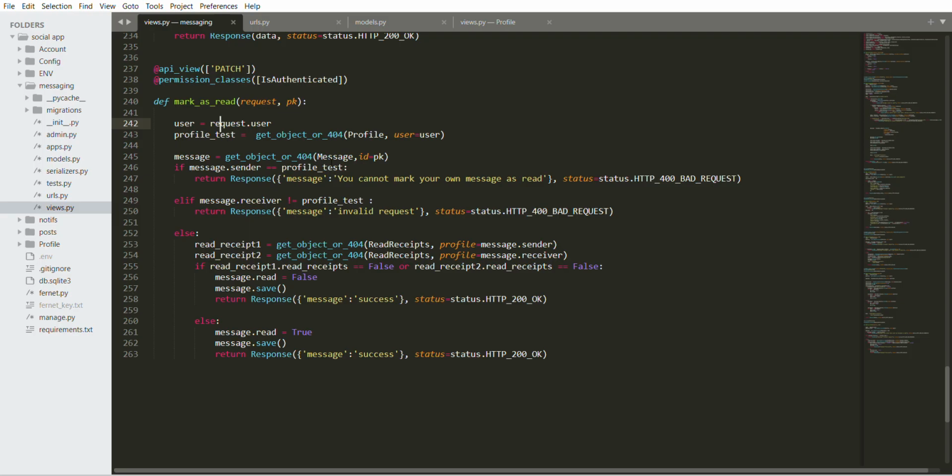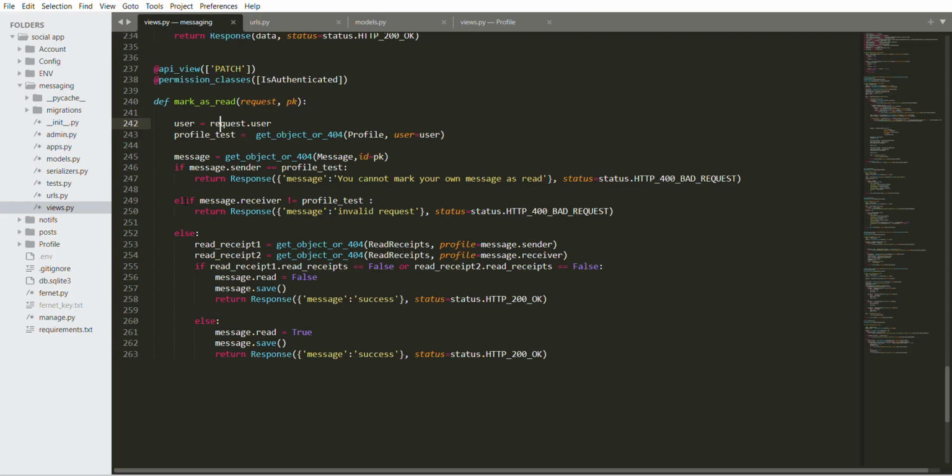But basically what we're doing here is that if I send a message, I also want to mark that message as read, it doesn't make any sense. Agreed? These are all the checks that we should be going through as we develop. If I send a message, it doesn't make sense for me to go there and mark that message as read, even though the receiver, the person meant to read the message, has not marked it. So if message.sender equals the current logged in user, then you cannot mark your own message as read. Then status equals HTTP_400_BAD_REQUEST.